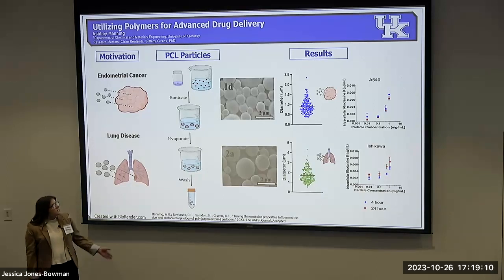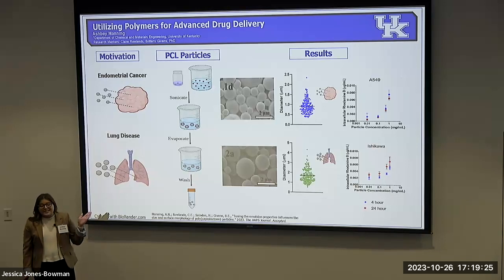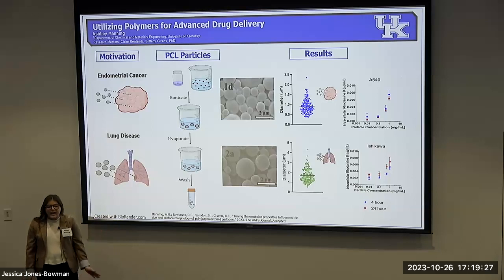Now, based on these results, we have a few different future directions. So we were able to successfully generate our particles. We were able to get them in the size range that makes them applicable to a variety of different applications, but there are still future directions. So our target size range for tumoral drug delivery is 10 to 300 nanometers, and our smallest particles are currently